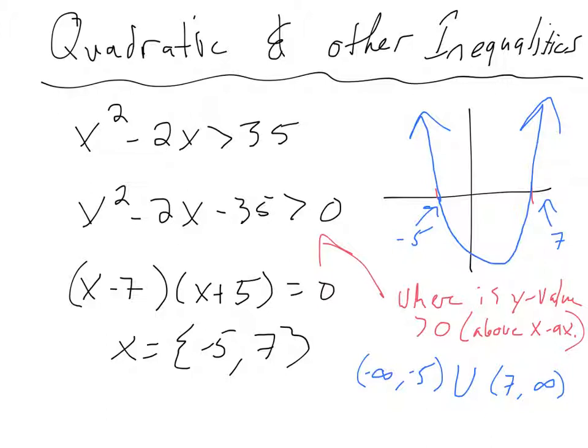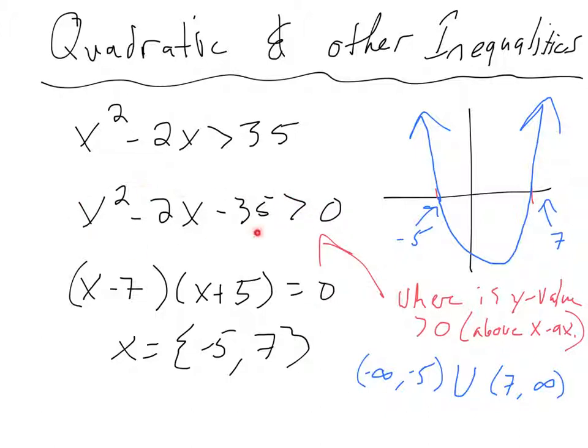So it's a matter of, in the case of a quadratic, get it all on one side to get it into general form, and then figure out where its x-intercepts are. And then depending on whether it opens up or down, you can tell where it's above the x-axis and where it's below the x-axis. If it's greater than, it means I want to find the set of all the numbers